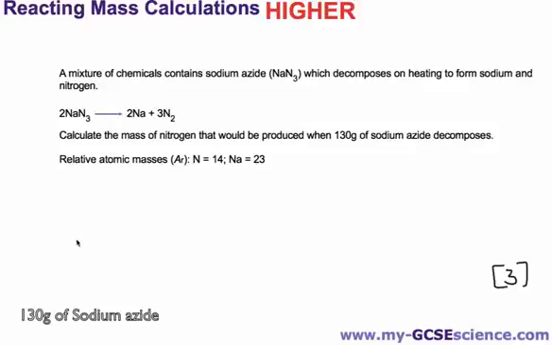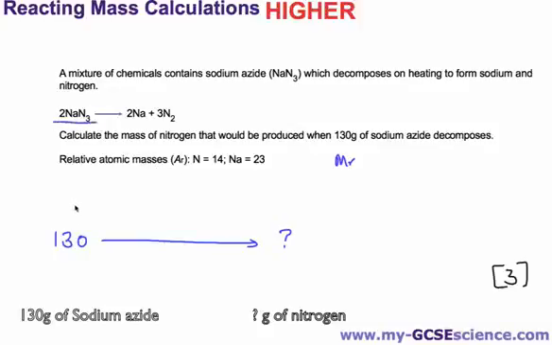So we've got 130 grams of sodium azide over this side, and we want to know how much nitrogen is going to be produced. Again, we've got to work with our relative formula masses, which is our MR. But unfortunately in this question they haven't given you the MRs, they've given you the relative atomic masses, and the way we work those out is as follows. So we've got 2NaN3. So the way we work out the relative formula mass is we say, right, Na is 23,